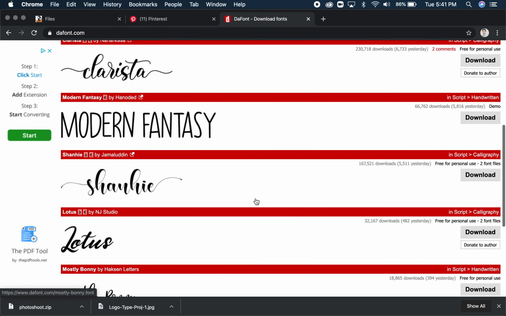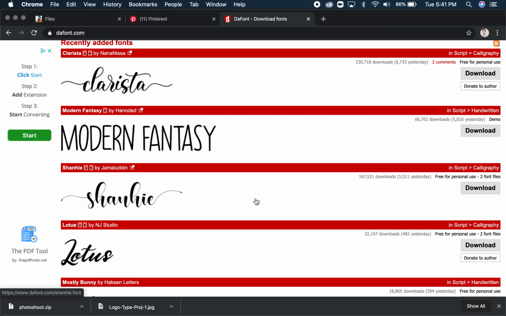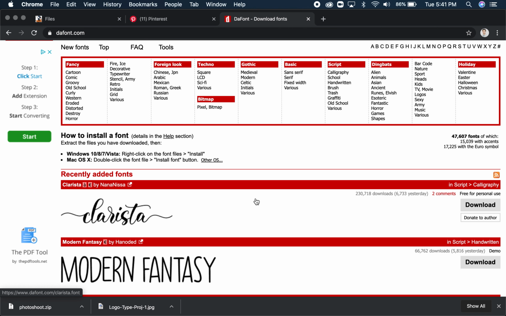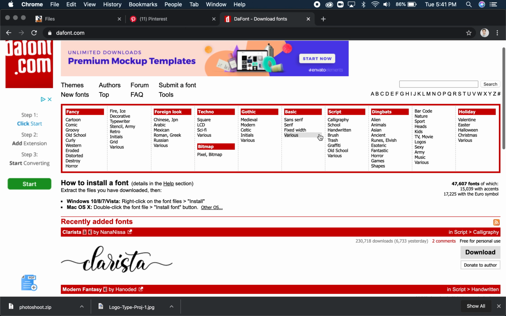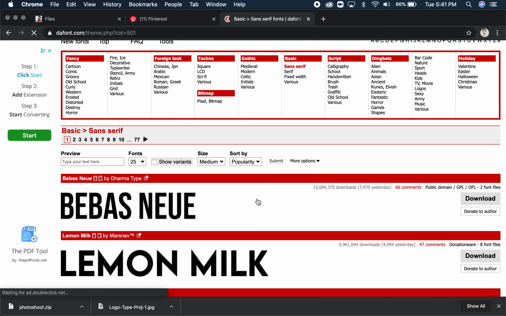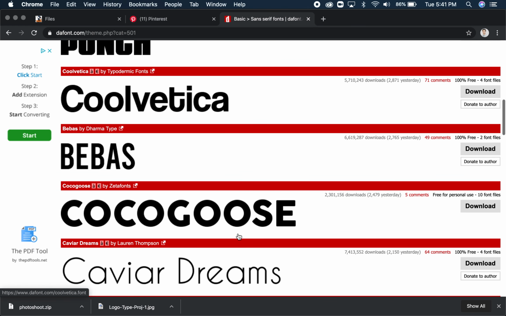On the first page, they usually feature the new stuff. But for me, I know the kind of font that I'm looking for by category. Thankfully, at the top, it does organize fonts by category. And if you guys didn't know this, by the way, the difference between serif and sans serif fonts, the two, of course, most broad categories of fonts. Sans serifs, I'm just going to scroll through this. Notice those,